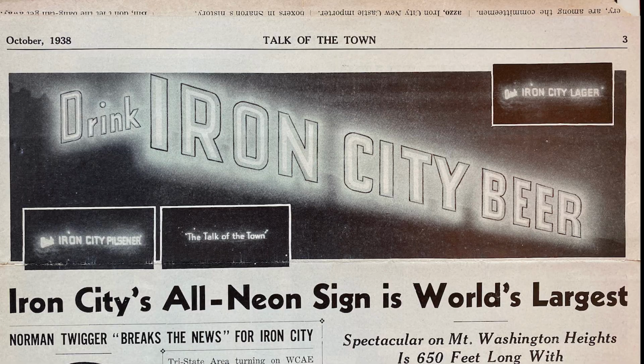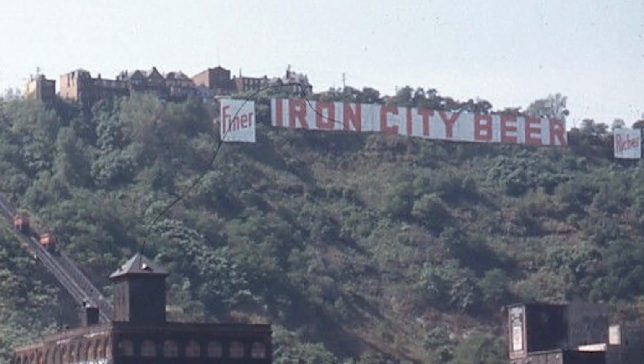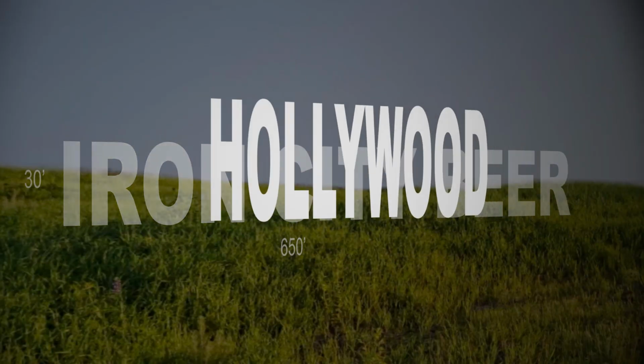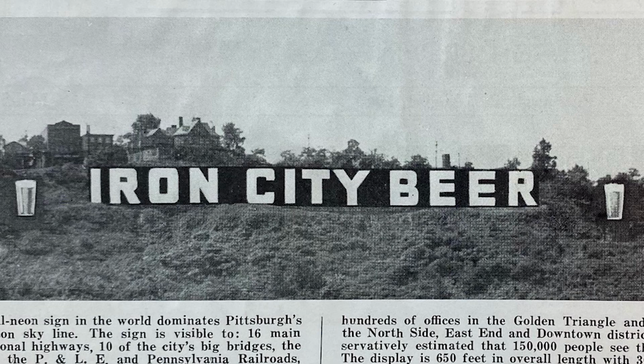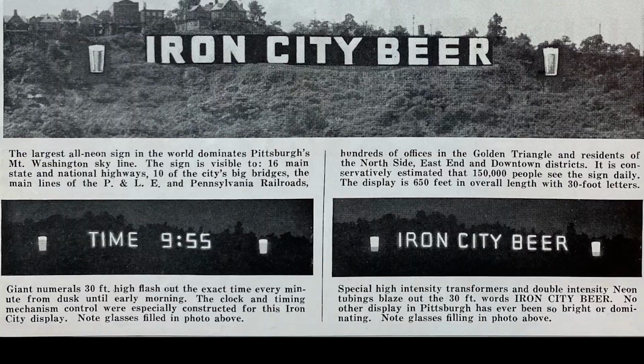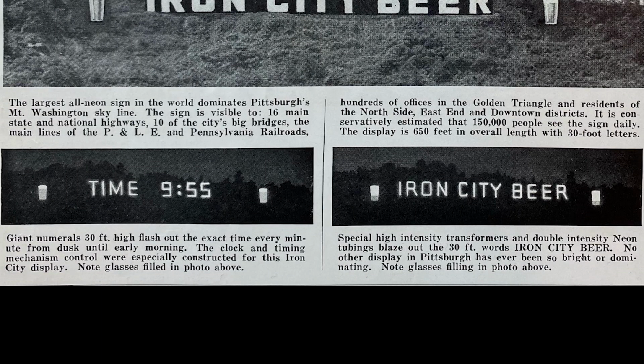In 1938, Pittsburgh Brewing Company erected the world's largest neon sign, coming in at 600 feet in length, and the letters were 30 feet tall. To put that into perspective, the world famous Hollywood sign, built in 1923, is 350 feet long, with each letter being 45 feet tall. And then in 1940, they added 2 beer glasses to each side that filled up, like the Heinz thing, we like to fill things here, and a clock that many people used to set their watch